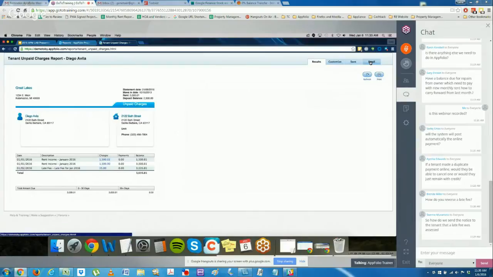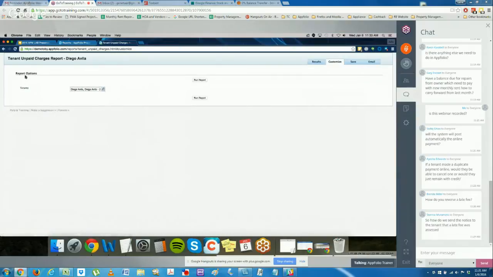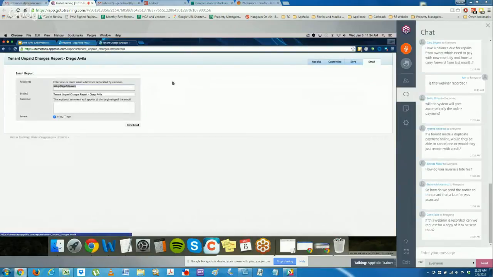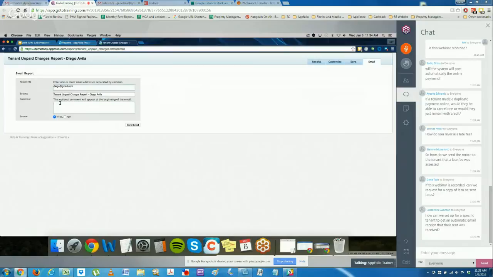And if we want to send it directly to them, up here there's a couple of items you can click. Customize will just take you back to the report, or if you want to put in someone else. Results is when you do the results. Save if you want to actually save this report. Email: you can email this, so you just put in whatever his email is. You can put in a note. Hi, you are late. Thanks. And then when you click send email,